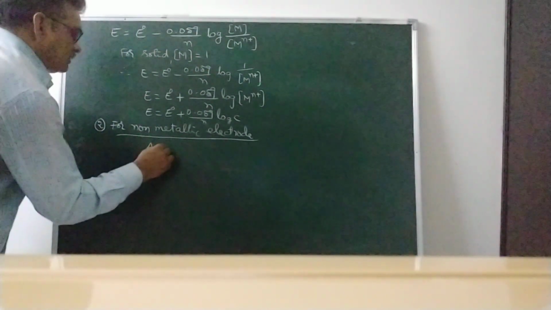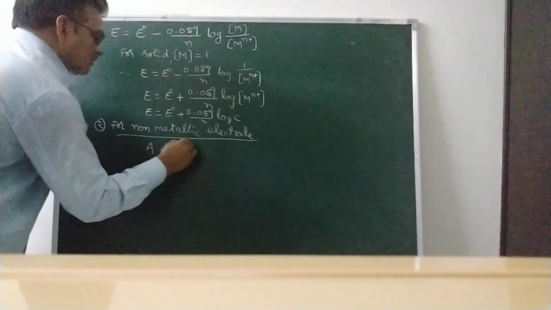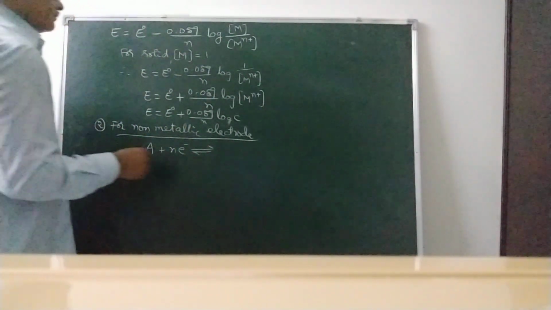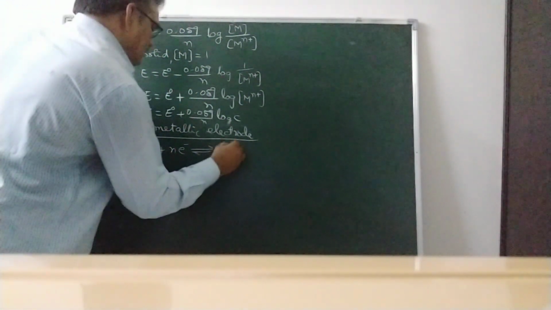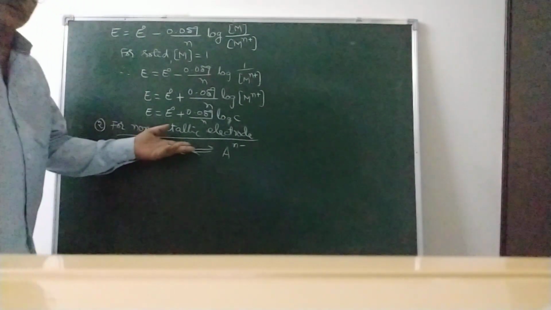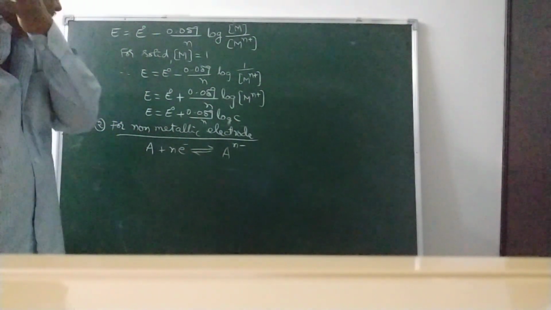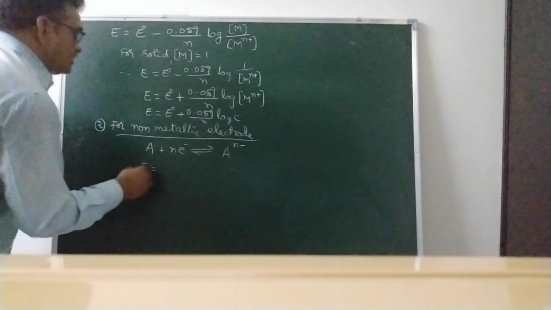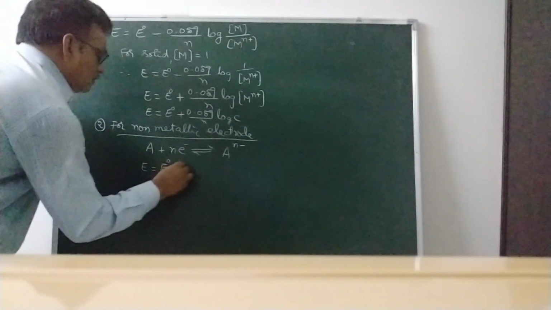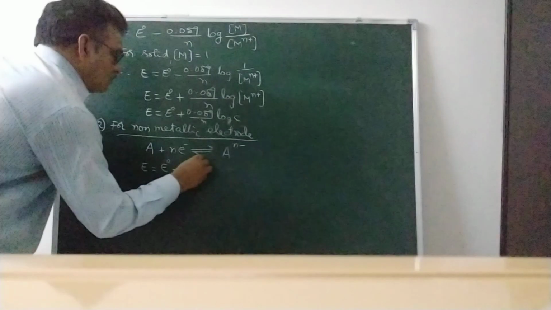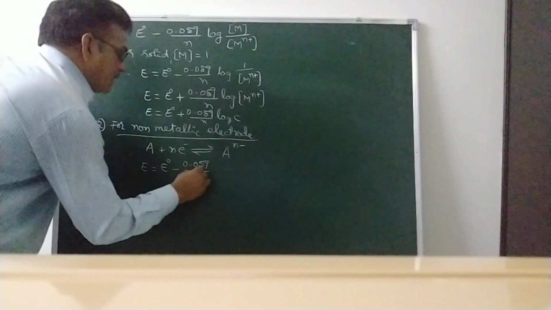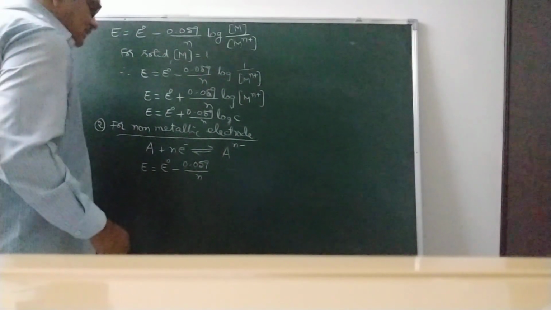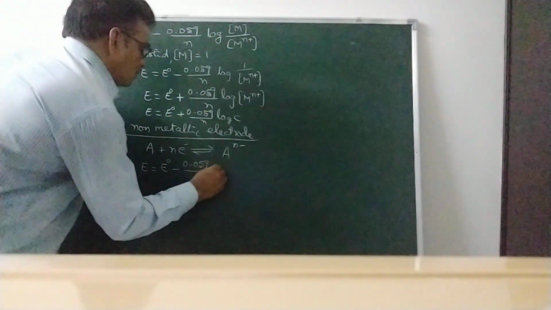So A takes n electrons and converts into An minus. Better to take it as a reversible equation. So E is equal to E naught minus 0.059 by n, the number of electrons that take part in the reaction, into log